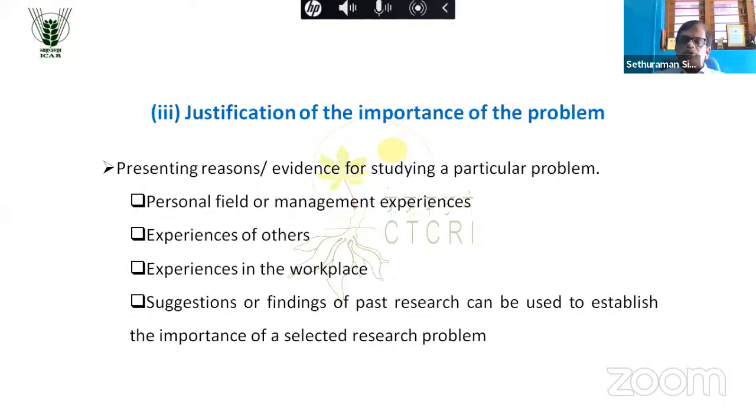And most of the time, as I already told you at the beginning, the research problems are decided based on the top level. The university vice chancellor may want to know something, our dean wants to know something, our government wants to know something, our state government agriculture department or the central government wants to know something. So you are translating those into our research problems. Those things you have to mention in the